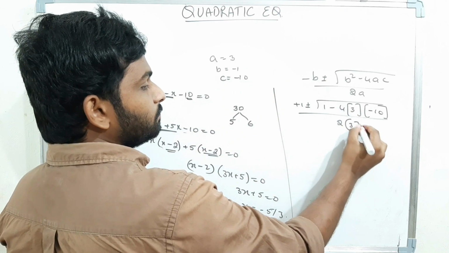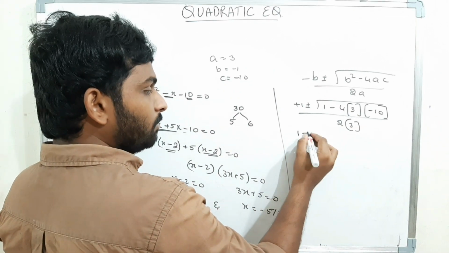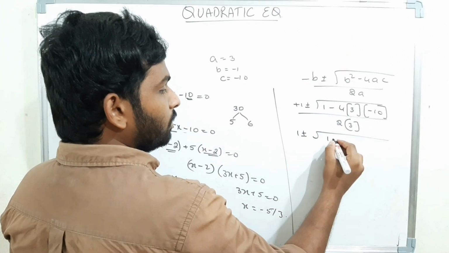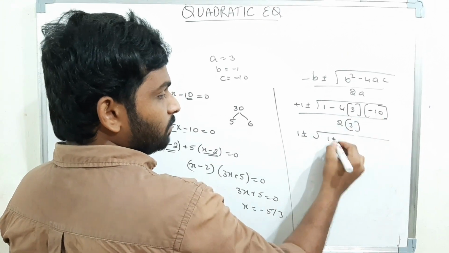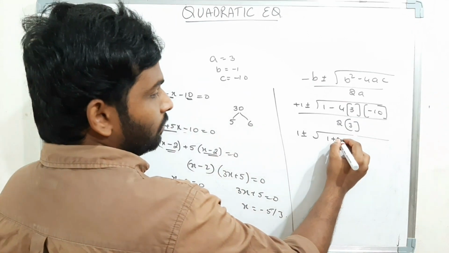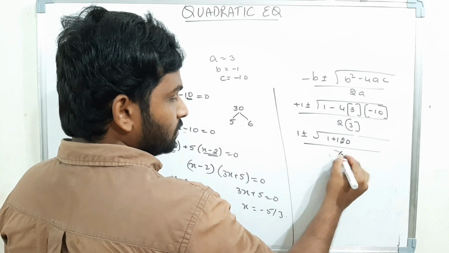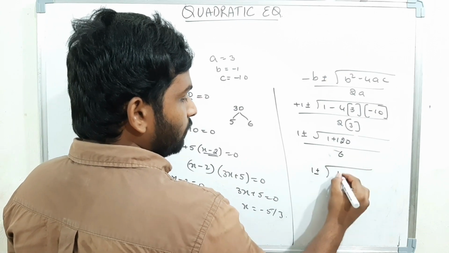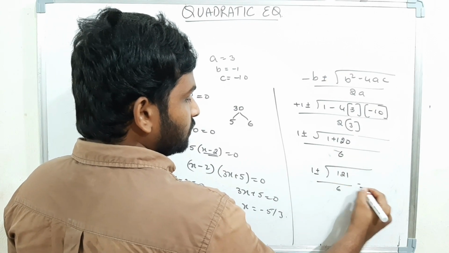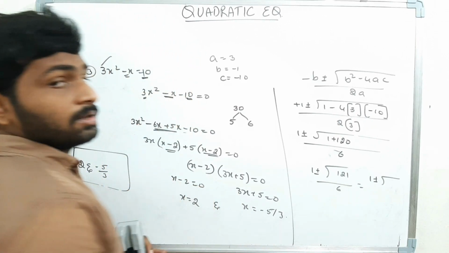a is 3. Therefore minus 1 plus or minus root of 1, minus into minus is plus, 4 into 3 is 12, 12 into 10 is 120, by 6. That is 1 plus or minus root of 121 by 6. That is nothing but how much? 1 plus or minus root of 121 is nothing but